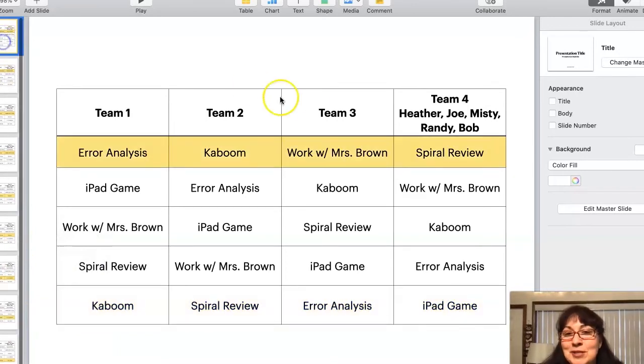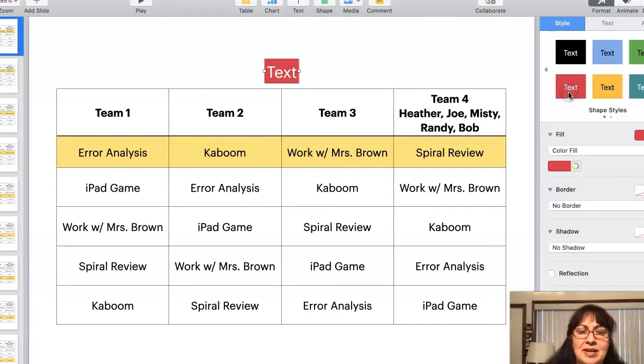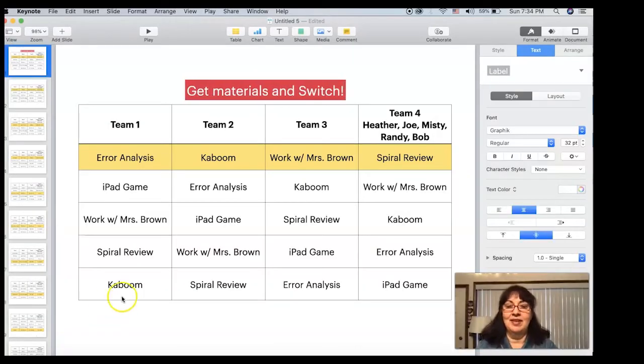So on the first one of each slide, I'm going to add a text box, this red and white text here, and I'm going to each time tell students to clean up and get ready to switch to the next station, except for the first one. That's kind of odd to tell them to clean up and switch. So I'm just going to, for the first one, put something different, and then for all the others, let's see,